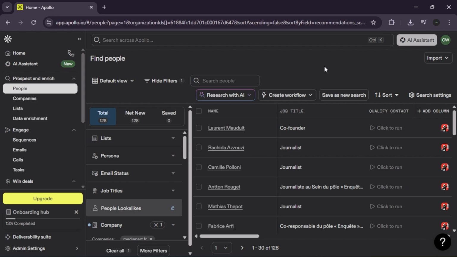Hey everyone, in this video, I'm going to show you how to use Apollo.io as a CRM so you can centralize your prospecting, manage your sales pipeline, and automate your outreach in 2026. Let's get into it. First, in the top right corner of the Apollo dashboard, click on the Import drop-down menu